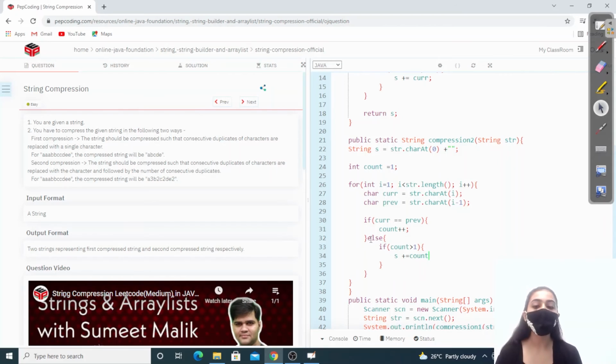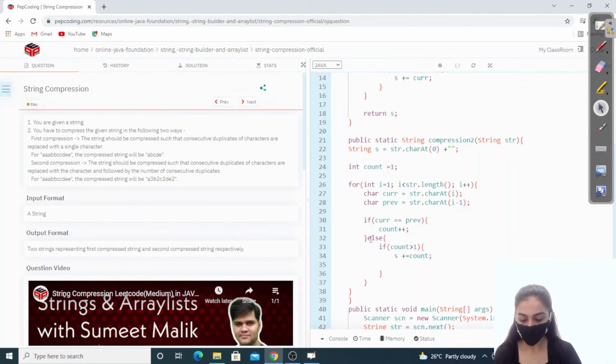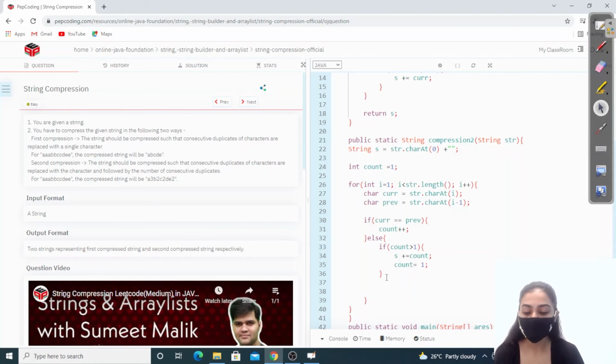And also we have to reset the count to 1, right? Count is equal to 1. Also, we have to add the character as well. So s plus is equal to the current character.